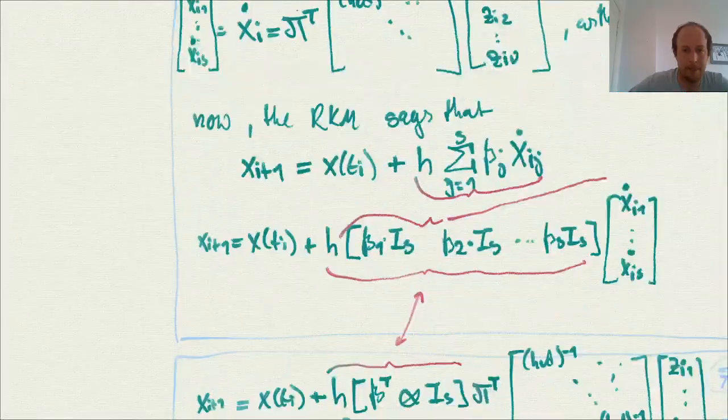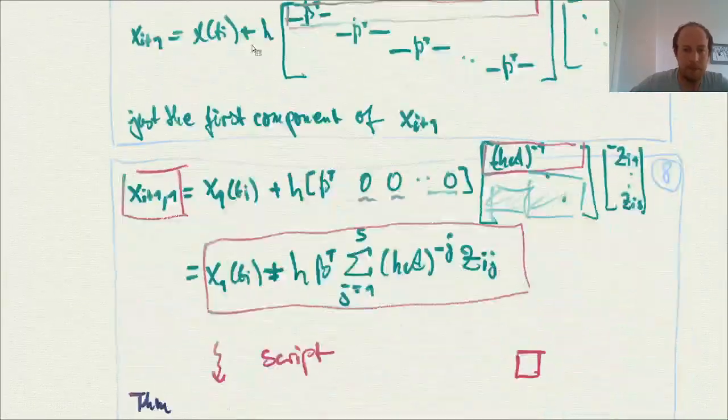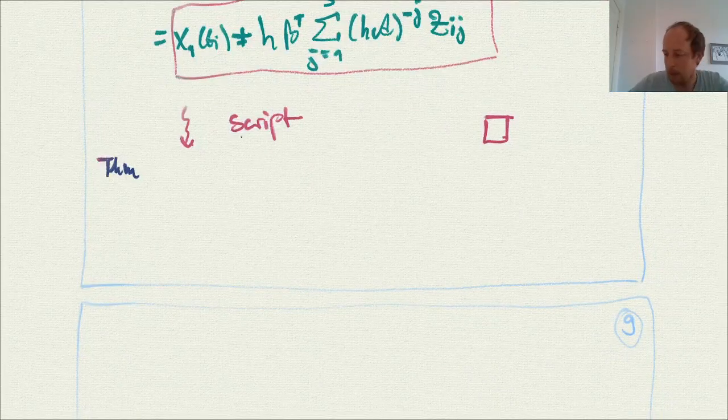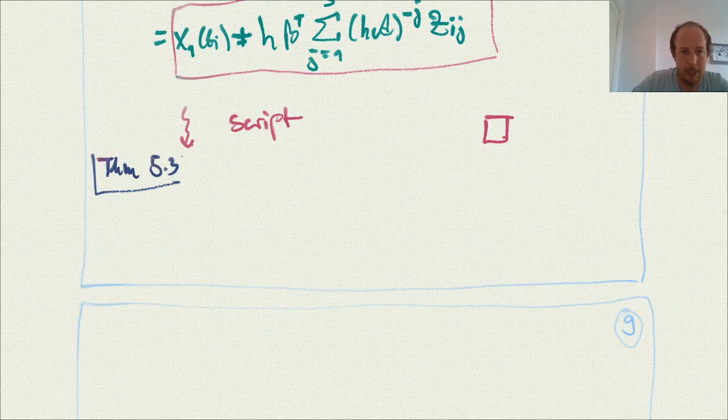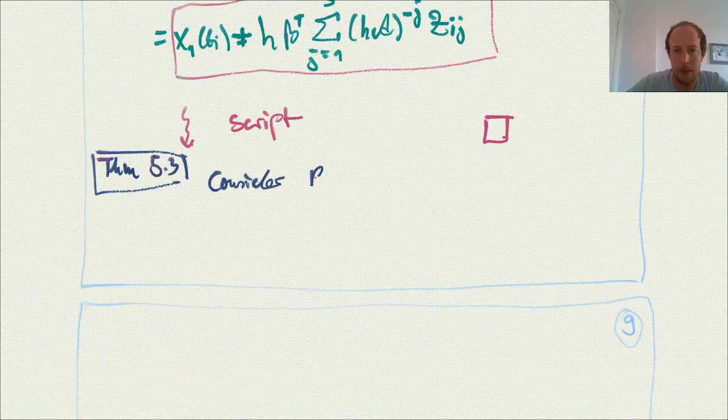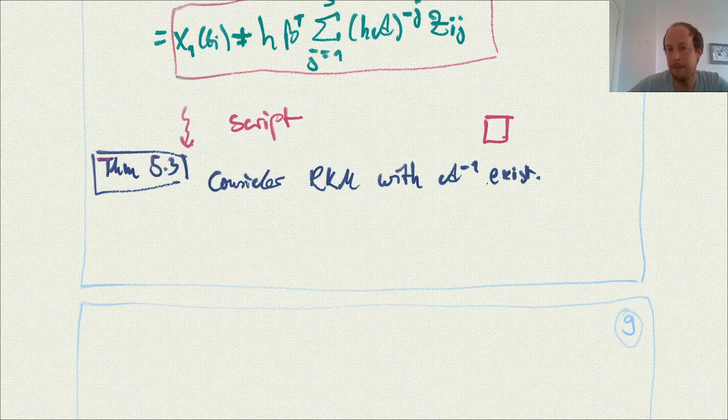And we come to theorem 5.3, which will then give us actually convergence of the problem. And this goes, consider an RKM with A to the minus 1 exists, so an implicit one, and